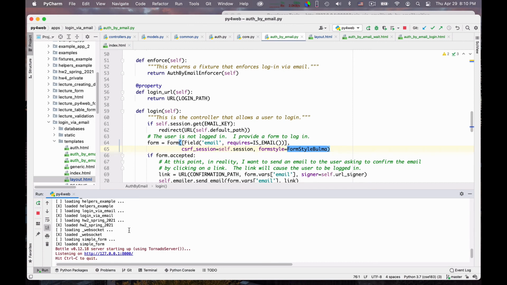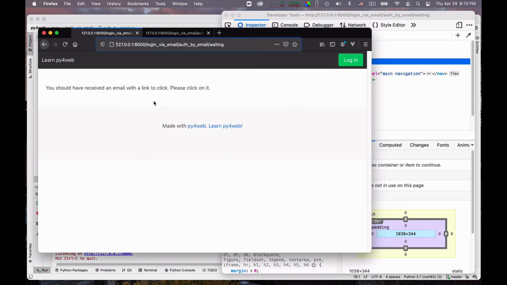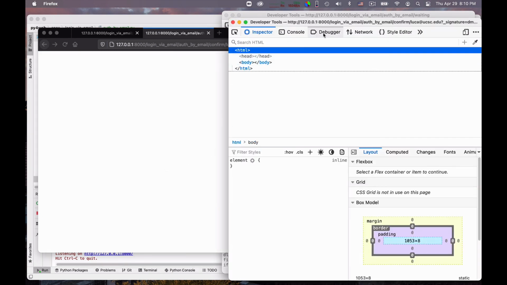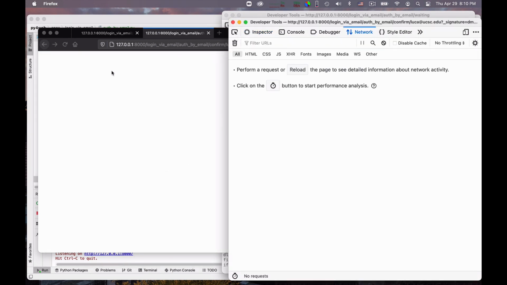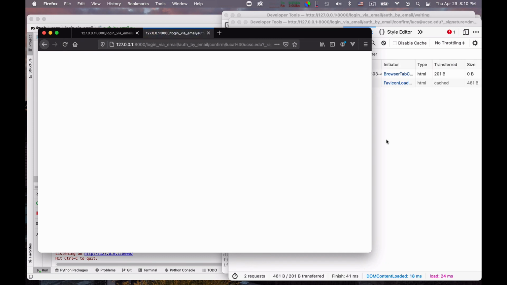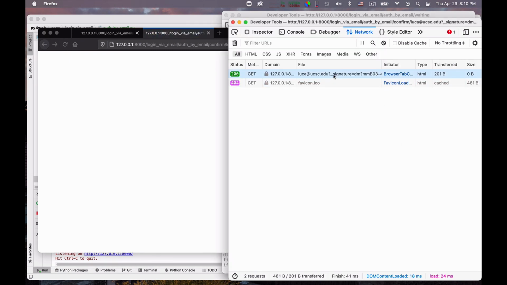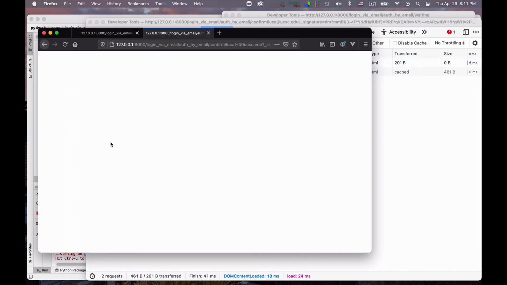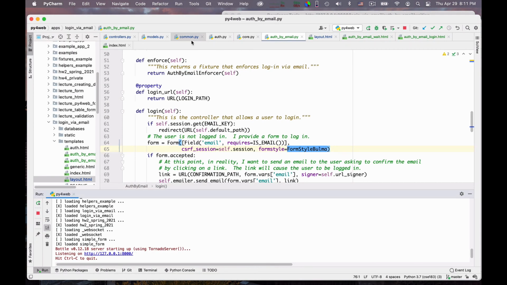This is something that hasn't quite worked. So let me see better what happens when I reload this URL. Okay, so I inspect and I want to see the network to see if this has worked or not. So let me reload this page. This does a get. Okay, look at signature, get, and I get a code 200. So this succeeds. But then what exactly does this do? So let me reread my code of the confirm method.